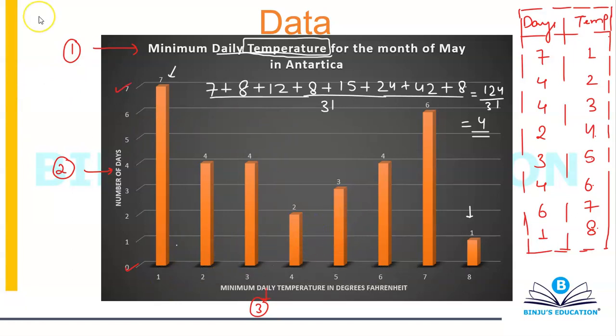Median is, we need to calculate for whether we have odd number of terms or even number of terms. So I have odd number of terms because I have a total of 31 terms, because my total frequency is 31, so I have 31 terms. So my median,